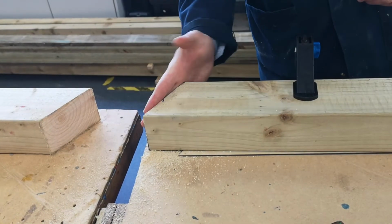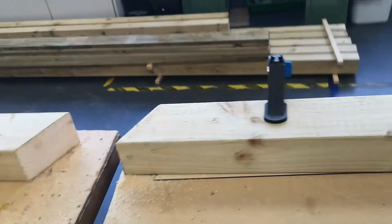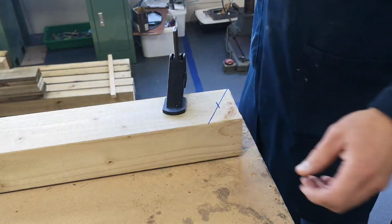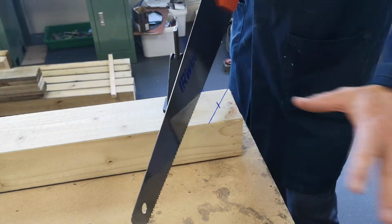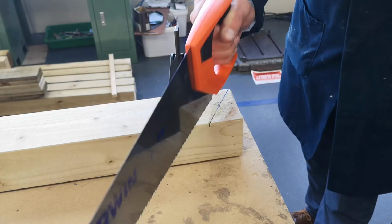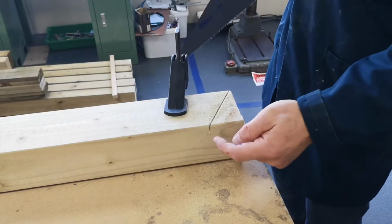So, I've cut the timber in half, nice, straight, even cuts. There's no snag in there at all. The next step will be to cut this one. So same sort of thing. Now the material is clamped down, nice and tight, nice and secure. This freehand needs to be at least 30 centimeters away again. I'm going to start pulling the saw back on the corner, 1, 2, 3 times, and then continue that cut down there. The one thing I've got missing off here